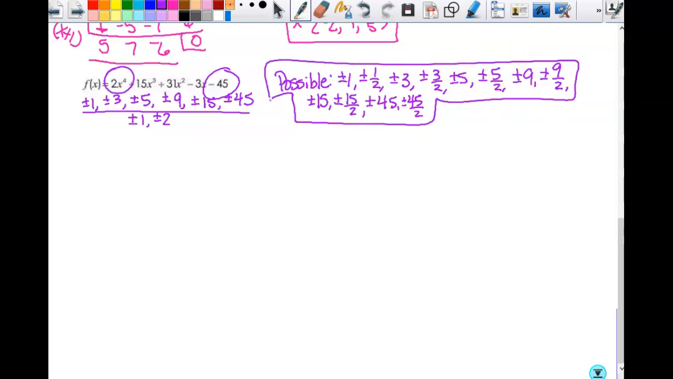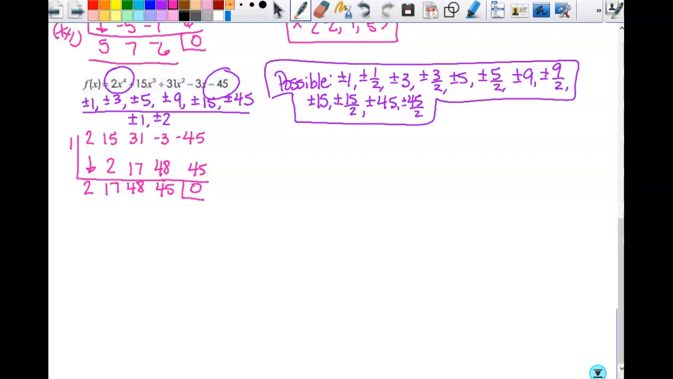So I'm going to start with 1, and my coefficients are 2, 15, 31, negative 3, and negative 45. Then this becomes 2, 2, 17, 17, 48, 48, 45, 45, and 0. That's amazing. Okay, so 1 works, which means that x minus 1 is my factor, right? So f of x is equal to x minus 1 times